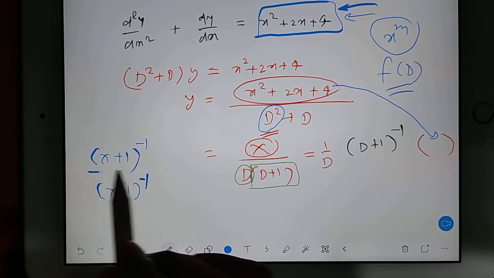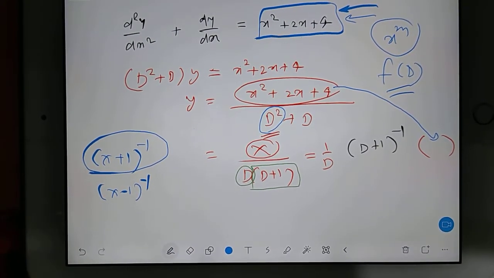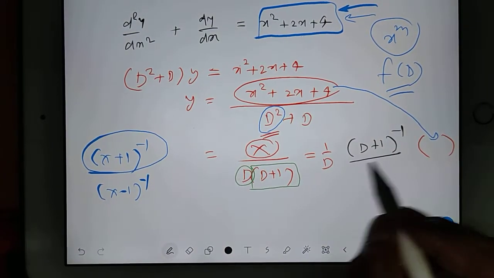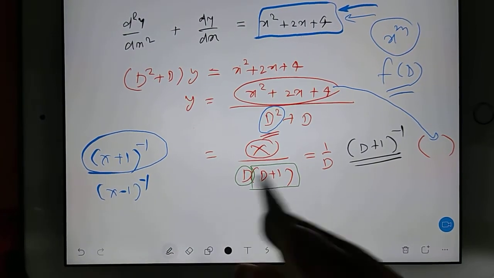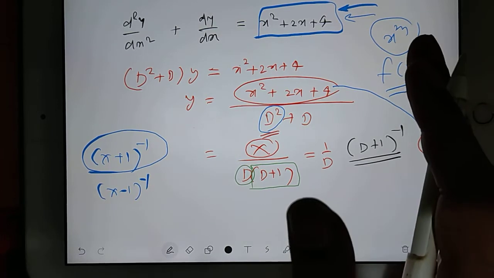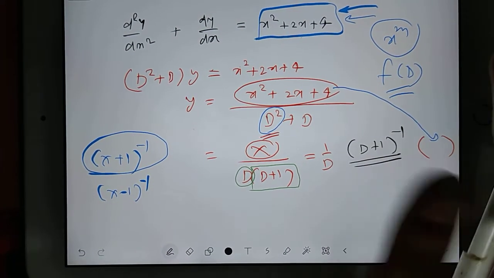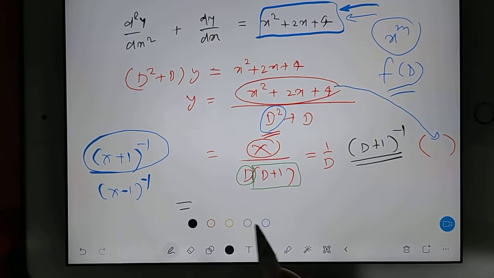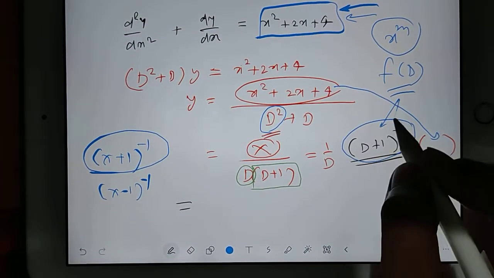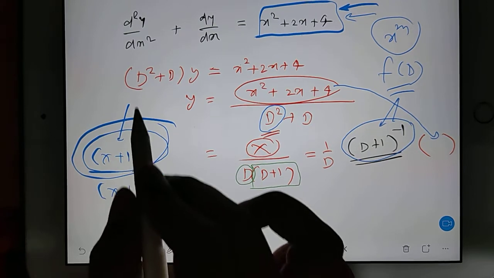Then with the help of expansion, there is the expansion 1 minus d plus d square, like that we have the expansion for that. So this part I will expand. When you are expanding, it should be in ascending order. Do not expand in descending order. Always remember how to expand 1 by (d plus 1). You have to remember the expansion for this.